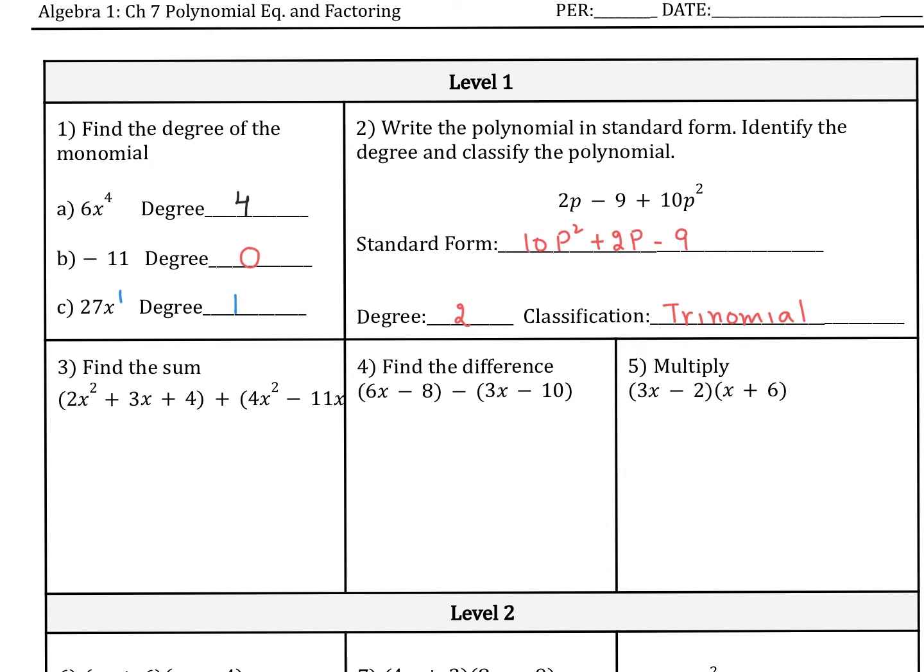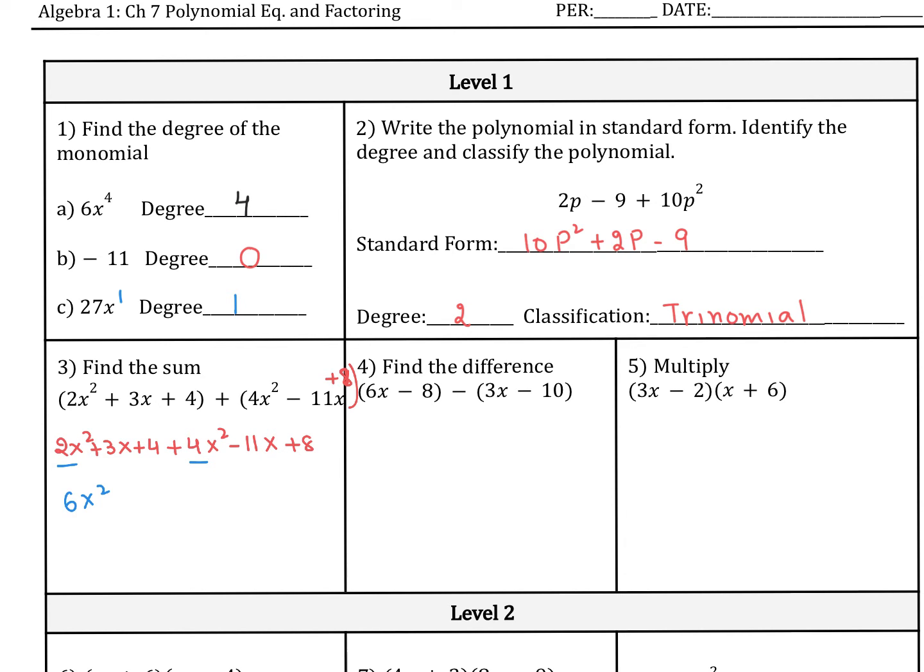For number 3, you want to find the sum. I understand this is cut off. This is 11x plus 8. Now to add, you can rewrite these two polynomials and combine the like terms. Like terms means that you combine the x squared with the x squared, x with the x, and constant with the constant. The like terms for 2x squared and 4x squared give 6x squared,